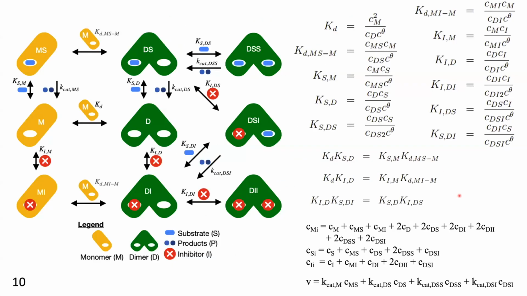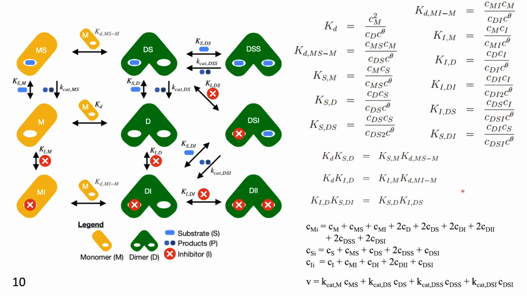This model is associated with a number of parameters. Actually, a lot of parameters. There are thermodynamic parameters for the binding of the substrates and of the inhibitors and of the monomer to itself to form the dimer. There are also some constraints inherent in this schematic because of these closed loops. You can see that mathematically, if you multiply certain quotients, or some of these equilibrium constants, together, they should satisfy these constraints.